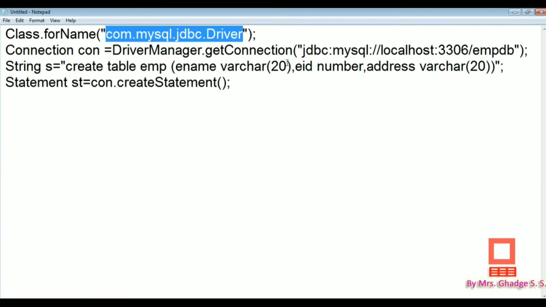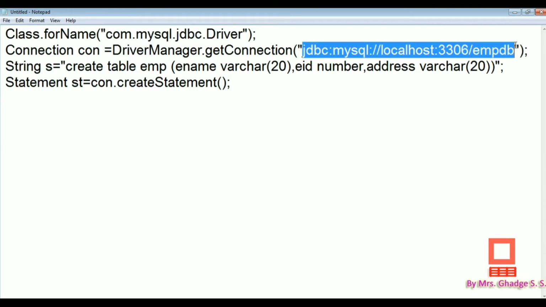This JDBC URL consists of three parts. In the first part we have to write which type of database driver we are using. Right now we are using a JDBC driver, so the first part is jdbc. The second part is mysql, which means we have to write which type of database management system we are using. Currently we are using the MySQL database, that's why here we are writing mysql, and then the path, or the location of the database.